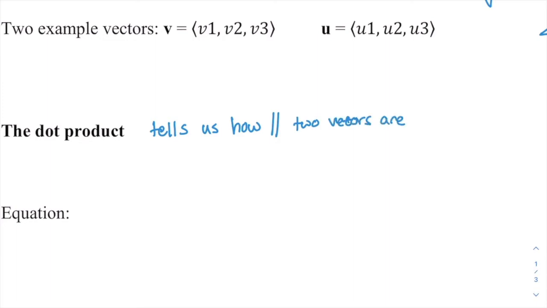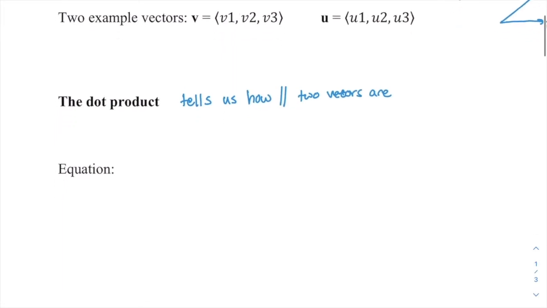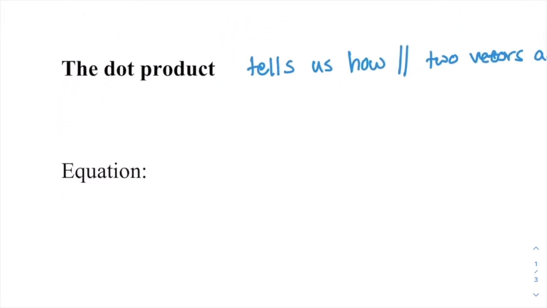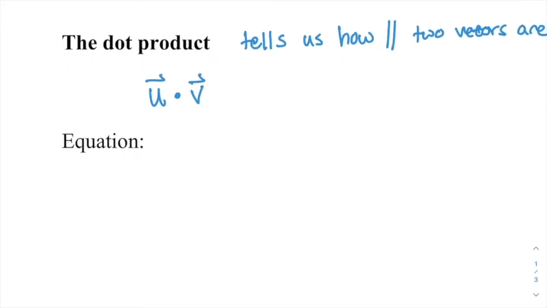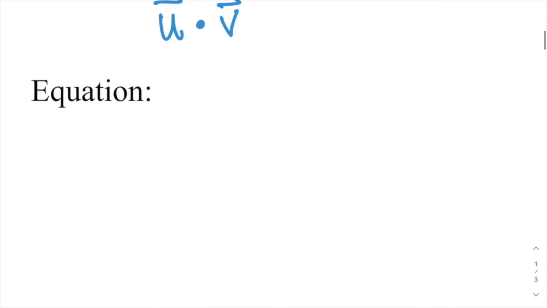And the equation for it is written like this. We write the dot product as u dotted with v. So we just use that dot notation to indicate we're doing the dot product between two vectors. And the equation is u dot v